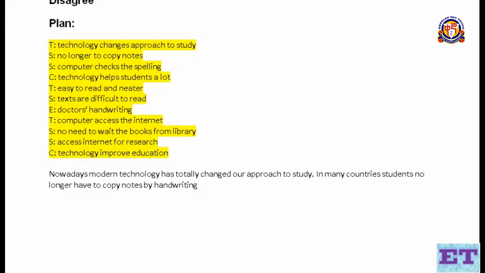Students no longer have to copy notes by handwriting,